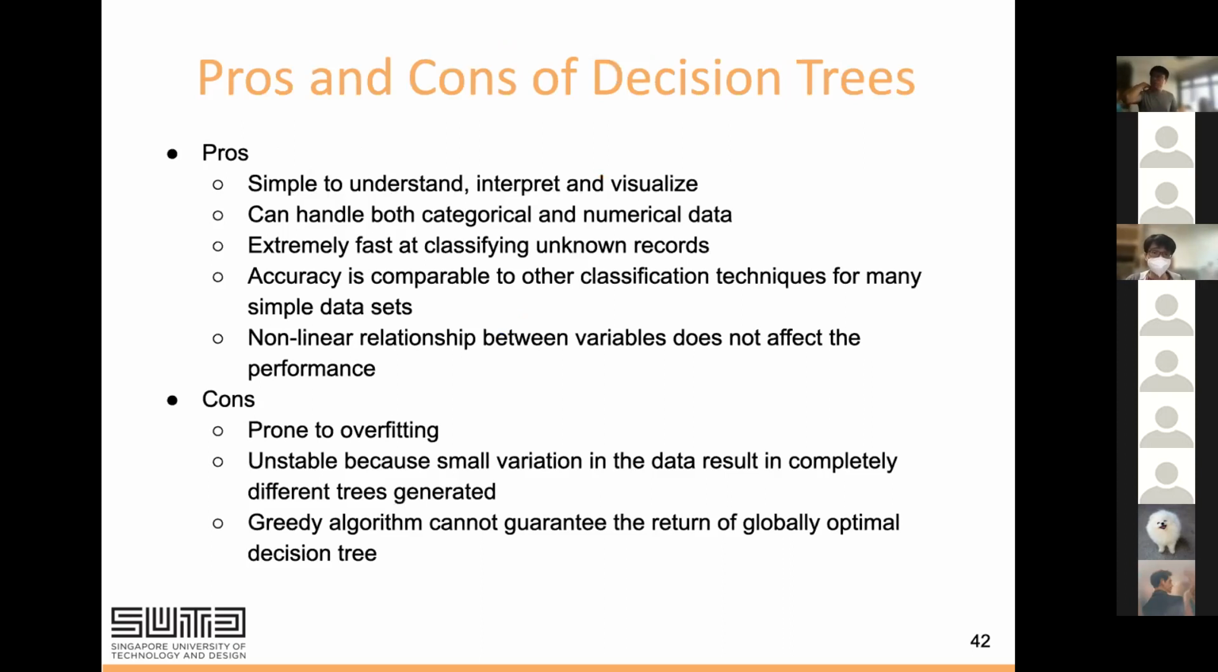Okay. So the pros and cons of a decision tree are as follows. First of all, a decision tree is an if else tree, based on certain conditions. If you fulfill the condition, you move down. So it's simple to understand, interpret, and visualize. A decision tree can handle both categorical and numerical data. It's extremely fast, no doubt,